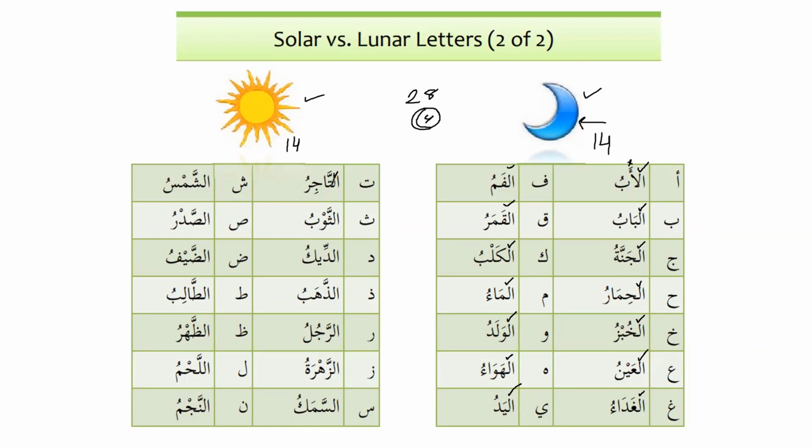Of course not. Why? Because after lam, we have tashdid. Excellent. So we will say at-tajiru, at-thawbu, ad-diku, athawb, cloth, ad-diku, rooster, al-dhahabu, the gold, ar-rajulu, the man, az-zahratu, the flower, as-samaku, the fish, ash-shamsu, over here,